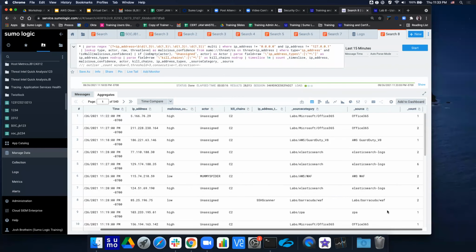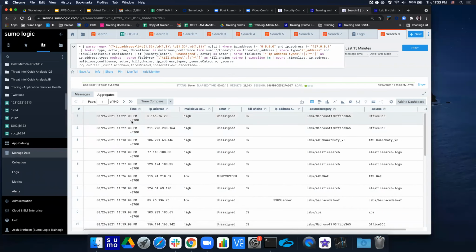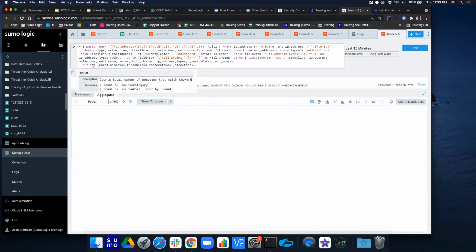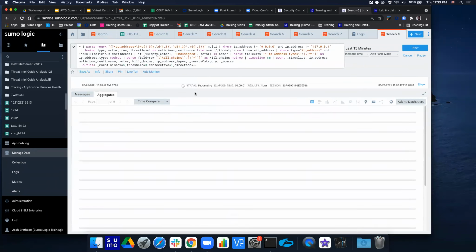Oh, okay. So what it's showing, I'm sorry, let me describe it. It is displaying properly. So at this point, what we have is, for each minute in time, a unique count of where a bad IP address showed up. So it is possible during one time period that it showed up in O365 as well as GuardDuty data. What we're doing here with the outlier portion is we're taking those counts